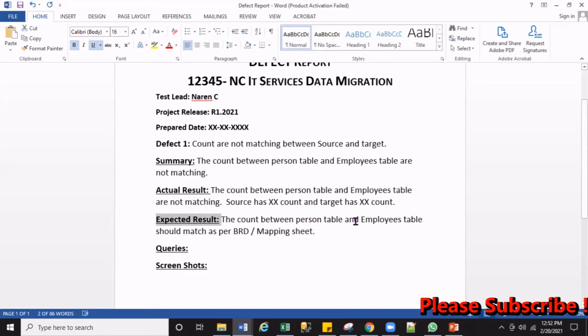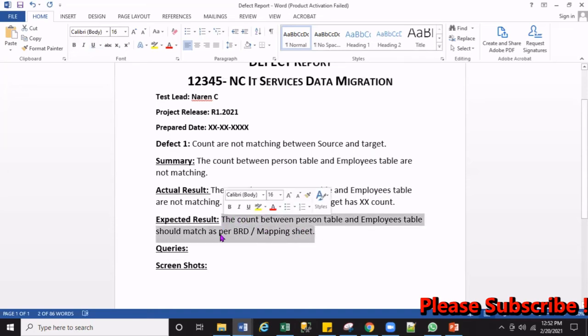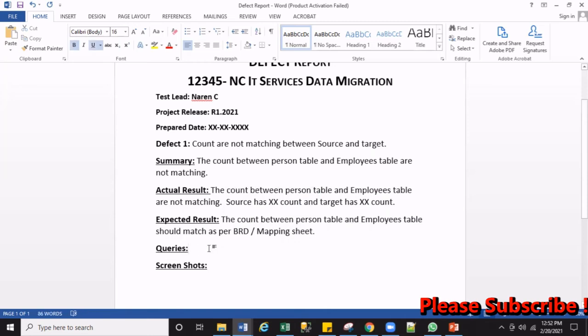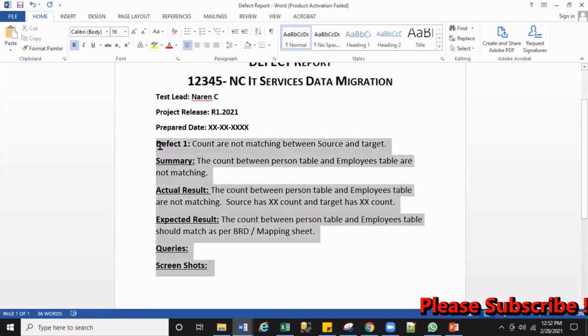The count between person table and employee table should match as per the BRD, as per the mapping sheet. But the count is not matching. And you will be writing the query again. Select count star from source, select count star from target, see the result, and take a screenshot, put it here. That is a simple defect report for one test case.